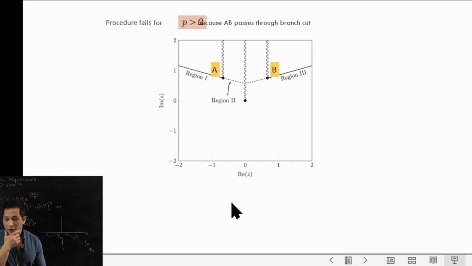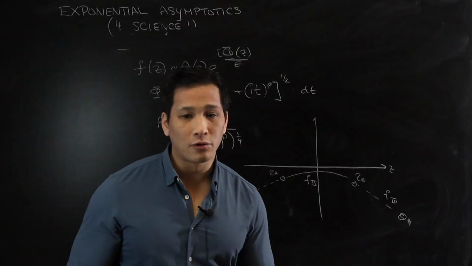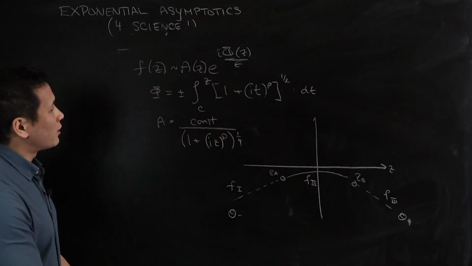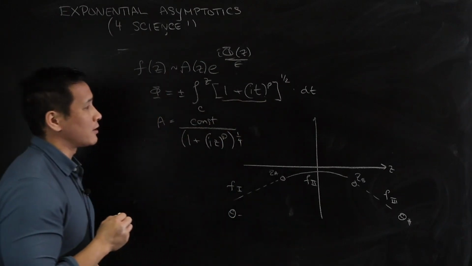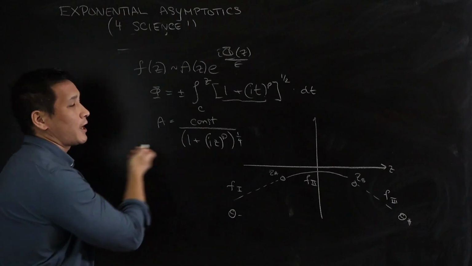But then, well, now what happens if p is less than 2? This is a typo, I think. This should say procedure should fail for p less than 2. And the problem is that if you were to try this procedure, again, I'm traveling from minus infinity in the top left through the first turning point A, and then I have to go through the turning point B and then go off to positive infinity along the top right. But the problem is that if you look at your set of equations here, what you might have forgotten is that not only do I have a singularity when this quantity is equal to 0, or the prefactor of A is equal to 0,